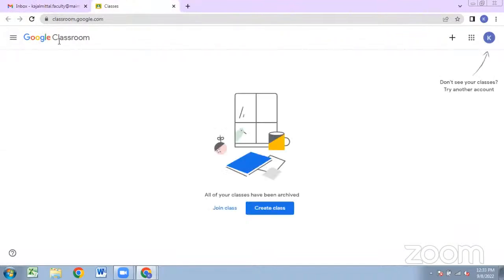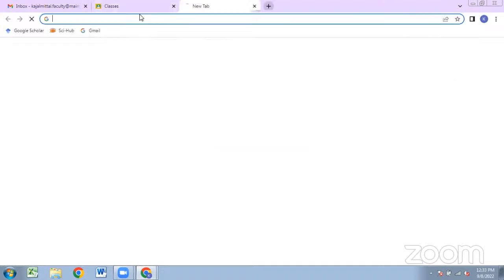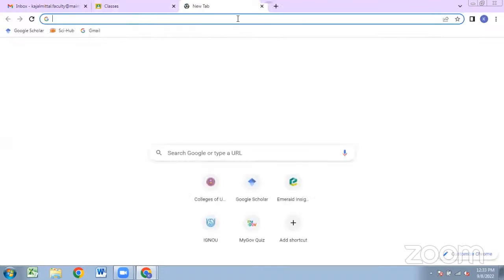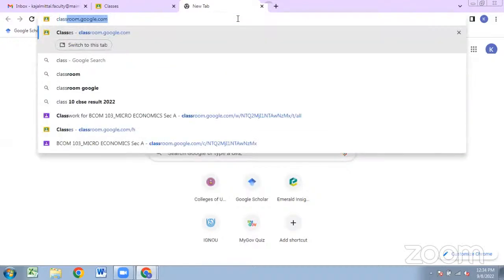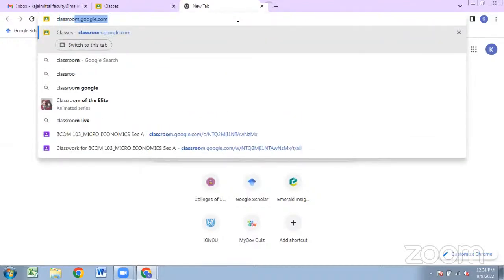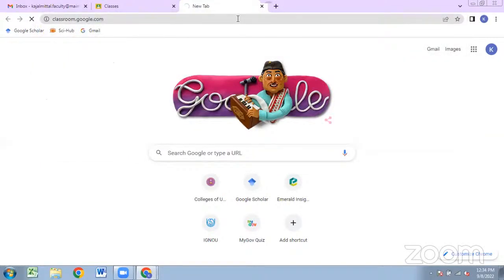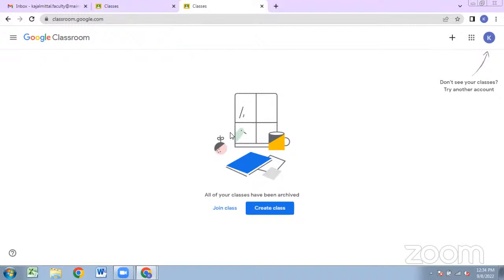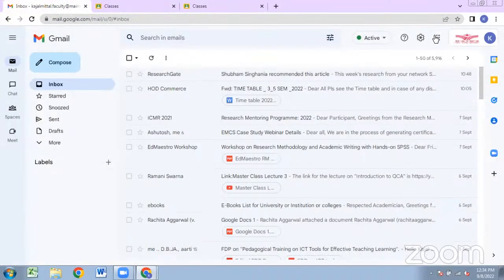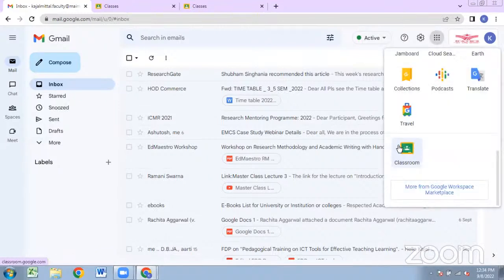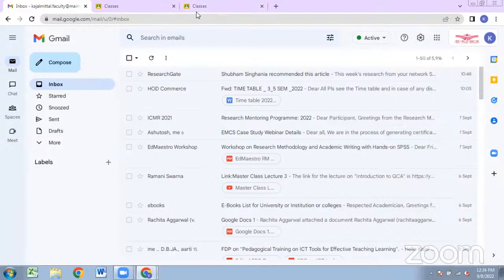And here you will see Google Classroom is clearly mentioned. Another way of landing on the Google Classroom interface is to type classroom.google in the URL and click OK. The same interface will appear here also. So you can go to Google Classroom. The first way is to click on Google Apps and scroll; you will see the classroom icon and click on it. Another way is to simply go to the URL bar and type classroom.google and you will land on